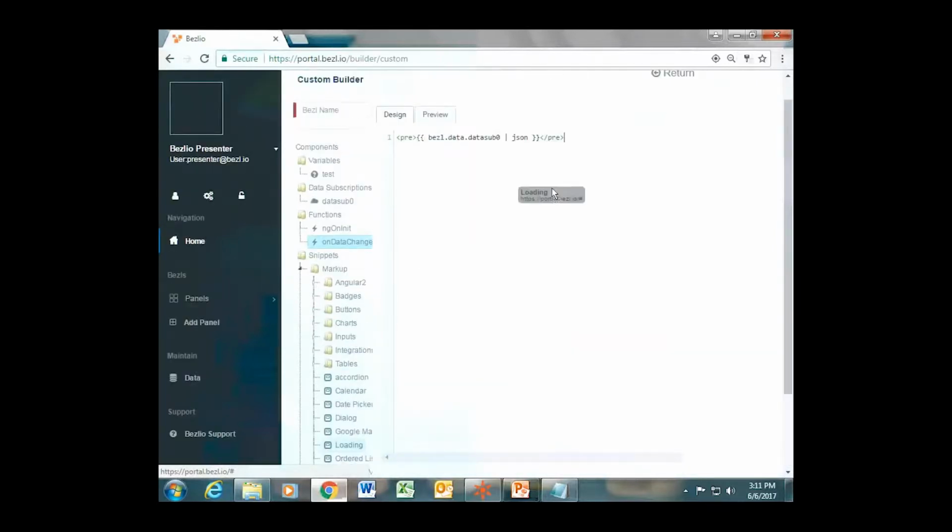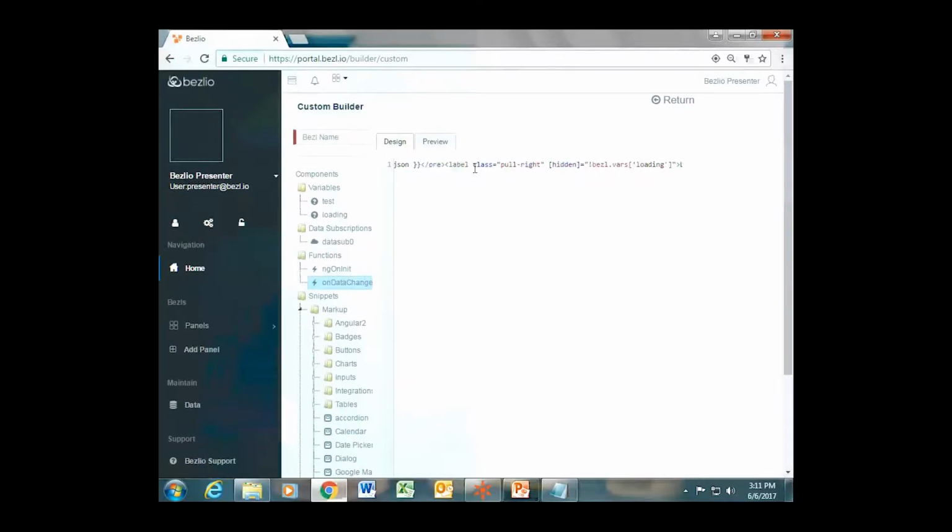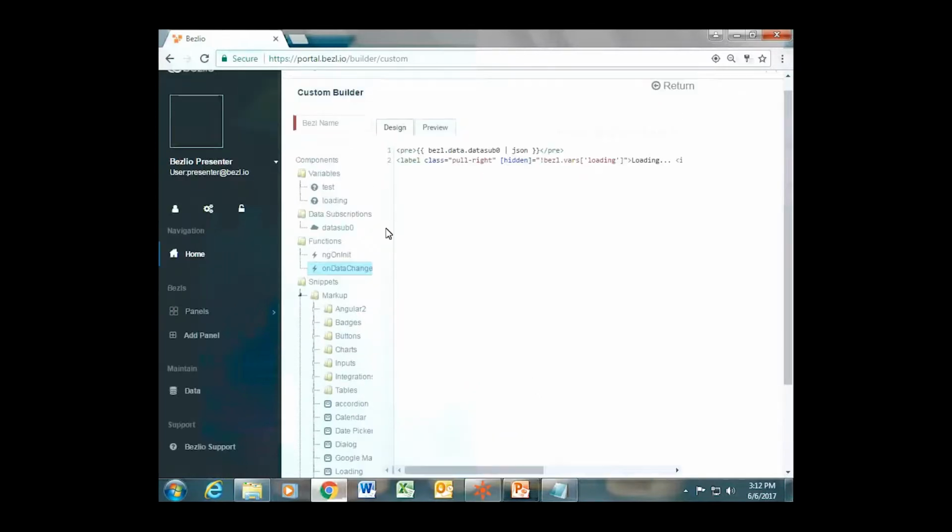We can drag and drop that into the editor. And it will populate a variable called loading, which it references in the markup. Now, if we click on that loading,